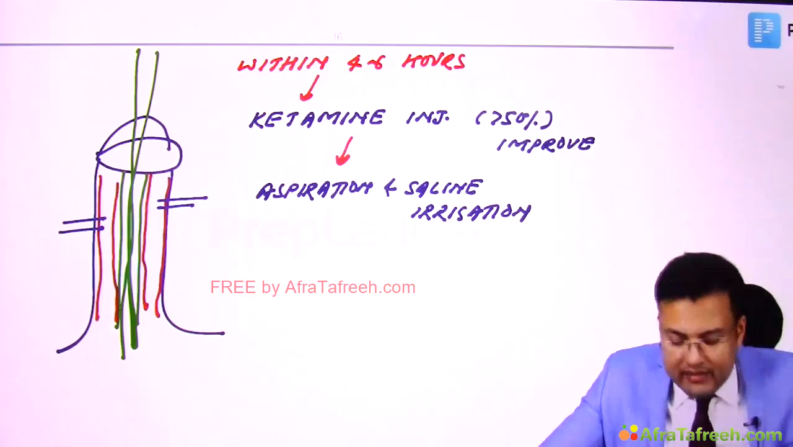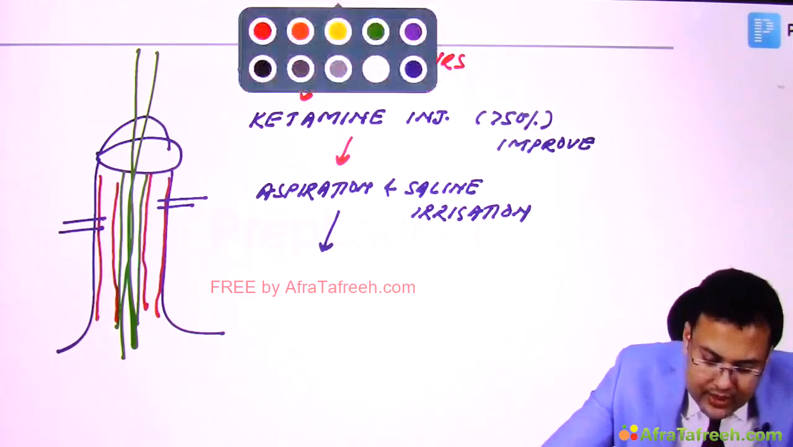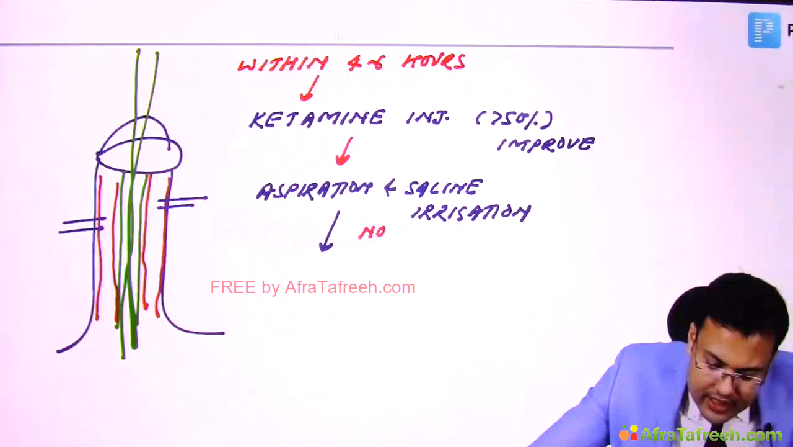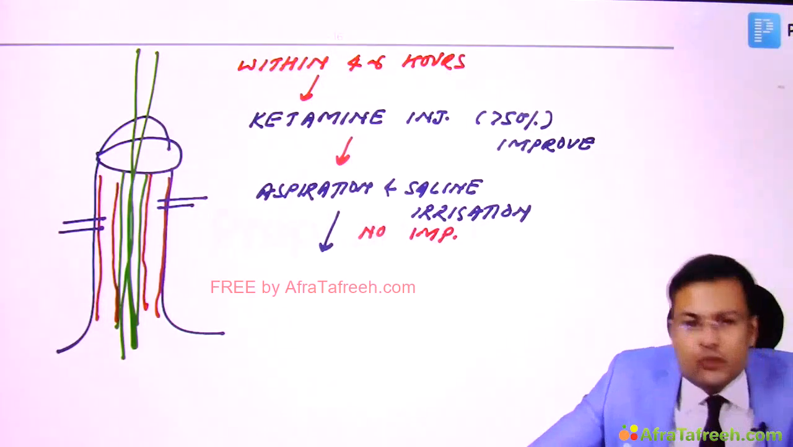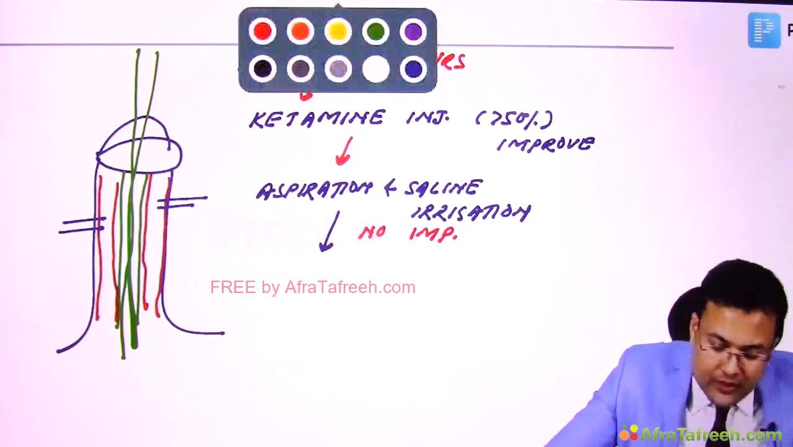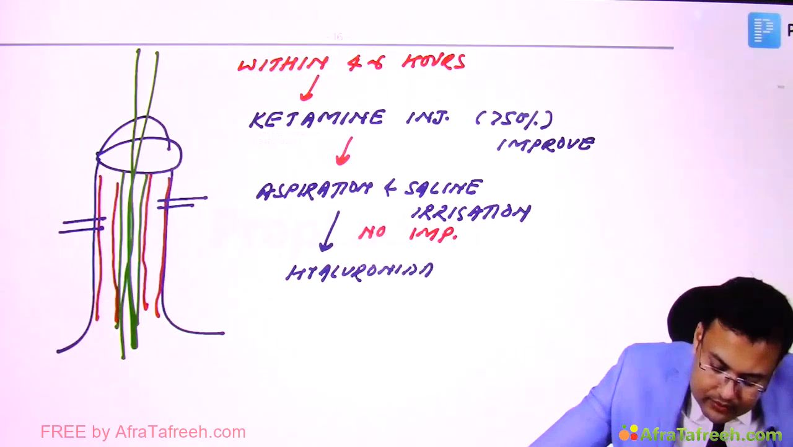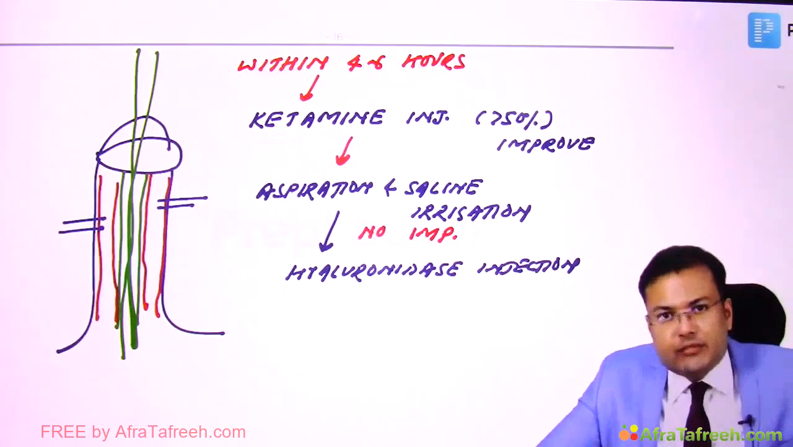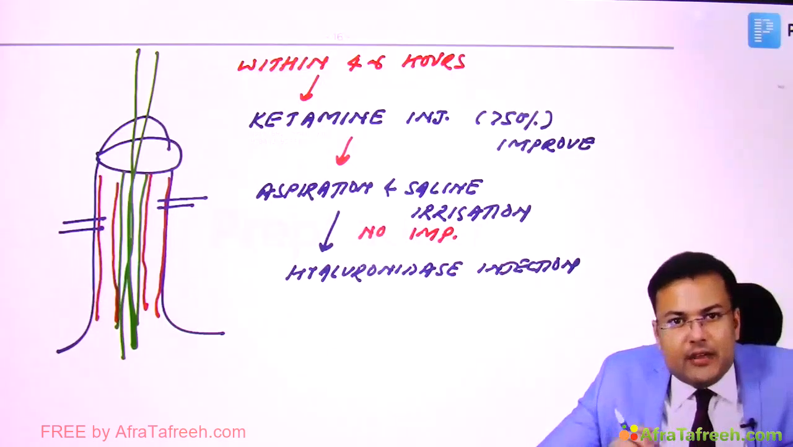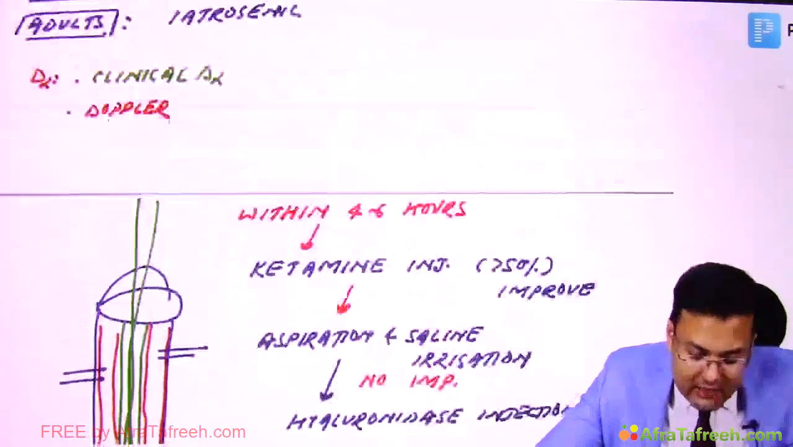Clear? And even after this there is no improvement, then we have to go for hyaluronidase injection. Right? Now see a second situation, patient who is having high flow priapism, and in that high flow priapism what